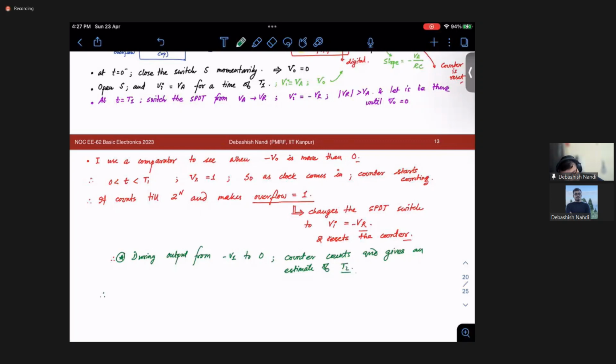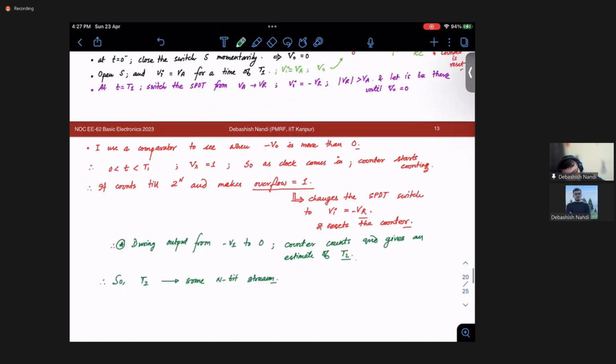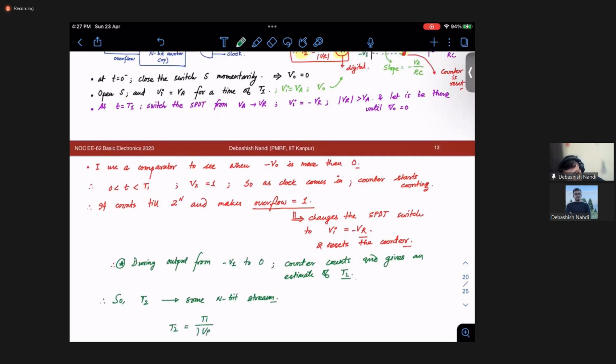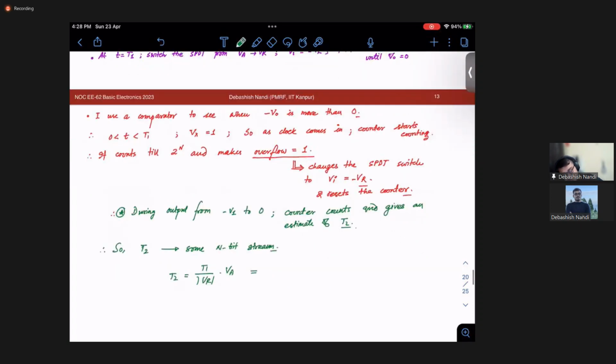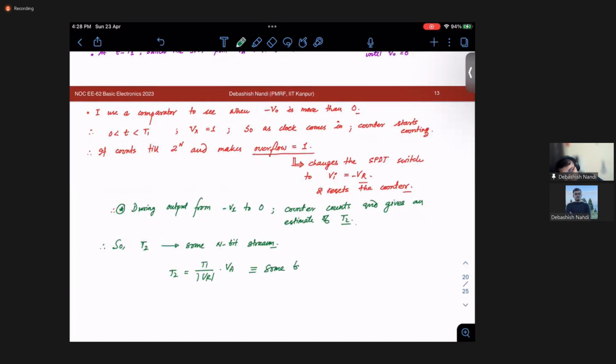So T2 is converted to some n-bit stream. Okay. So what was my T2? My T2 was T1 by mod VR into VA, equal to some bit stream. Okay. Now, if this is known and this is known,